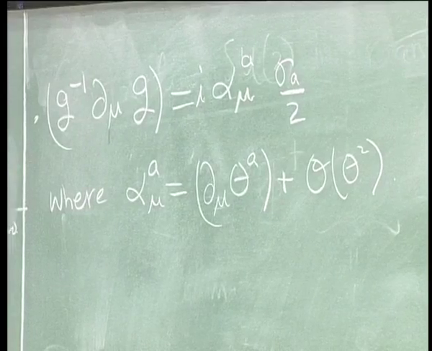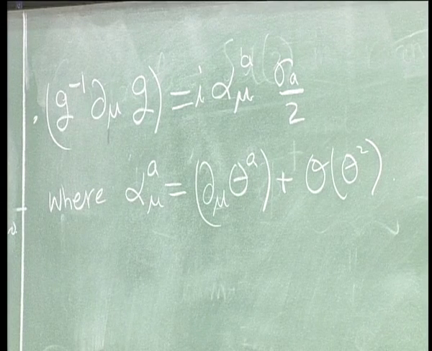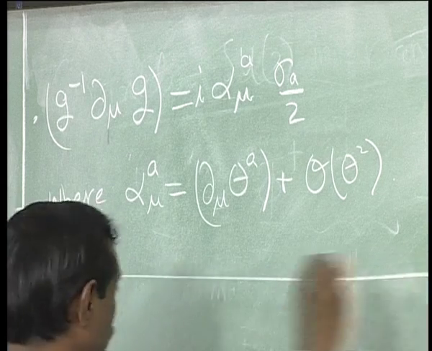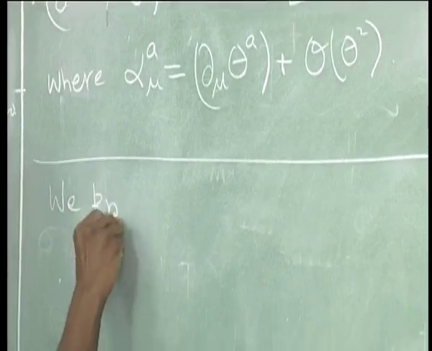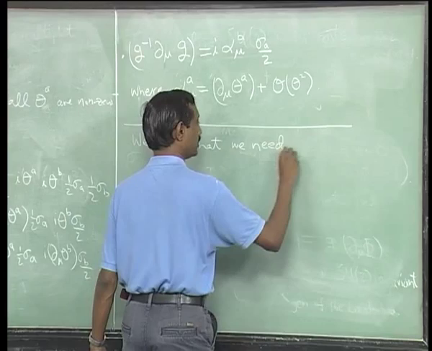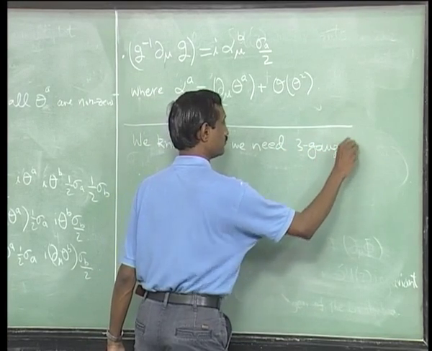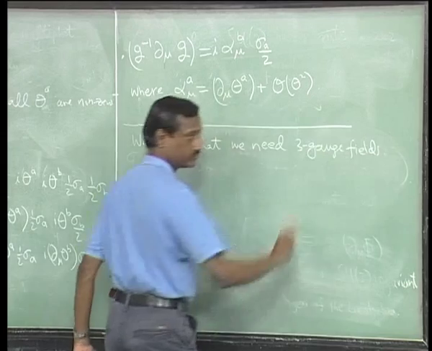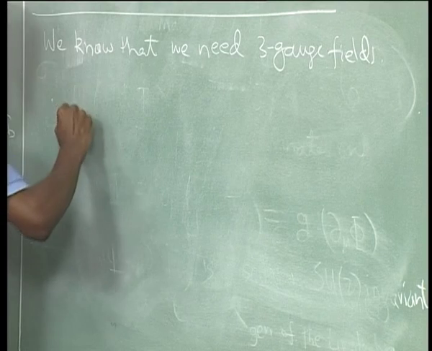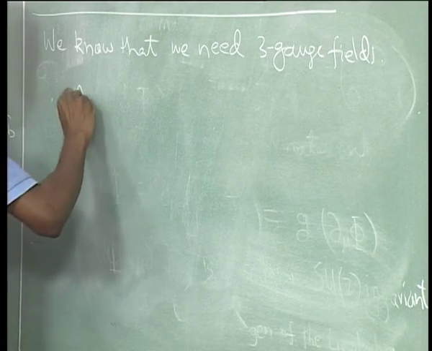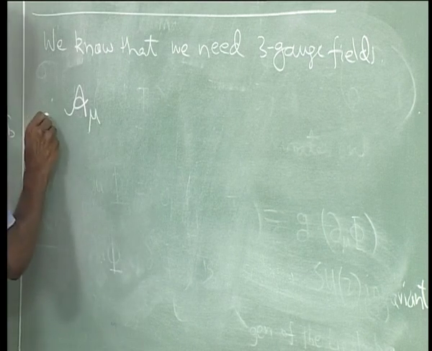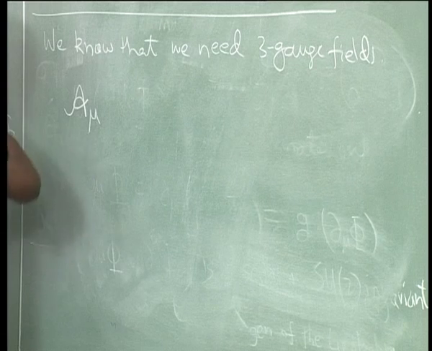So the question is now, how do we go ahead defining the gauge field? So what we do is, we know several things. We know that we need 3 gauge fields. And the key is that what I will do here is try to write an object which I will write A mu. I will explain what I mean by this, which has the following property, that it changes